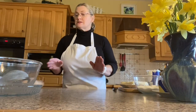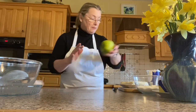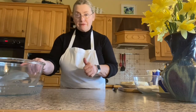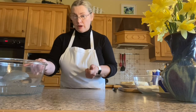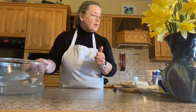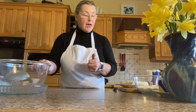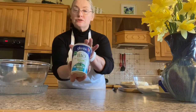So the ingredients then we're going to look at, I have one large cooking apple. There will be some sugar on top of that. Then into the bowl we'll be putting self-raising flour, some margarine, half a block of margarine, some sugar, half a cup of sugar, and a cup of natural yogurt,